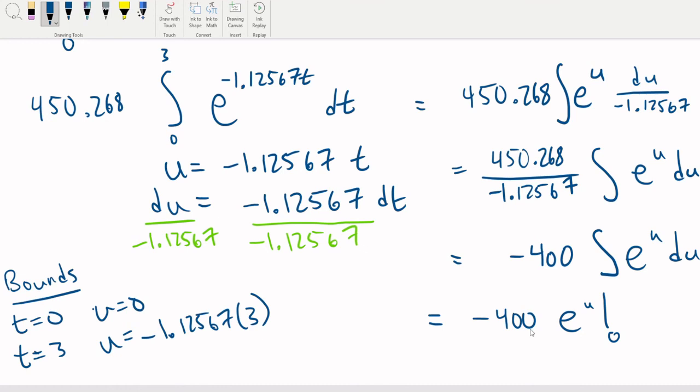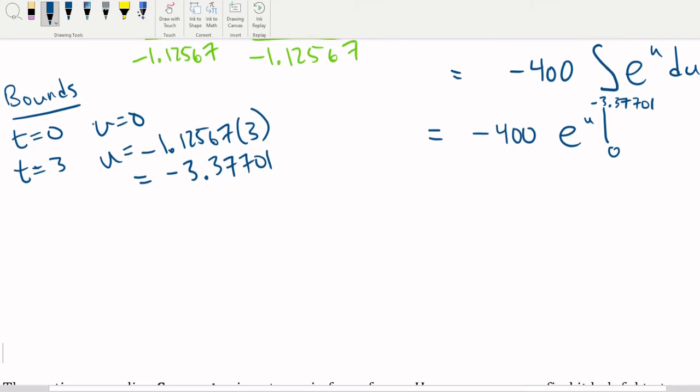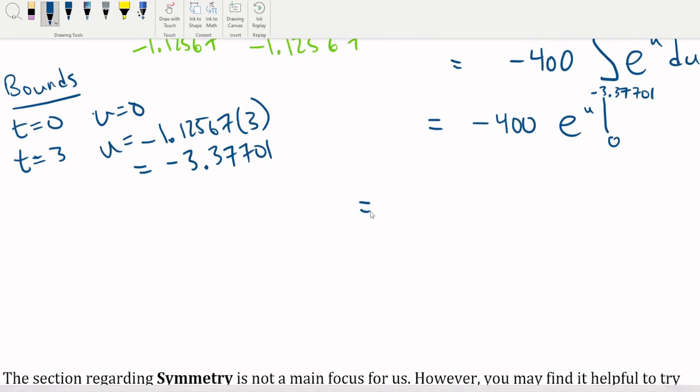Negative 1.12567 times 3. This gives me negative 3.37701. So that goes up here. Okay, and then let's give ourselves a little more space here. And that's equal to negative 400 times, plug in, e to the negative 3.37701 minus, plug 0 in,